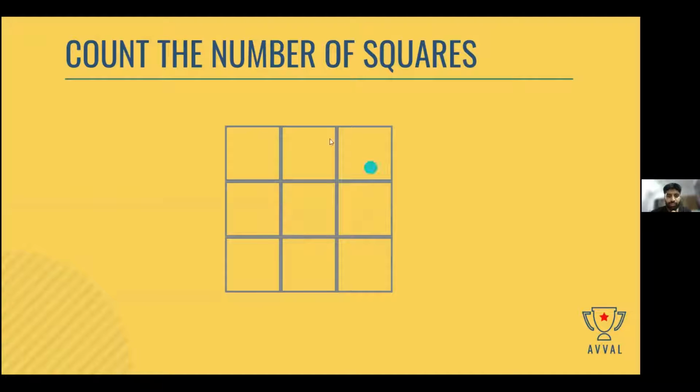This is a simple one, a 3 by 3 square, and the total number of squares here are 9 plus 4 plus 1, which is 14. Okay, what if I asked you a simpler one? What is the number of squares in a 2 by 2 matrix? In a 2 by 2 square? If you just considered this portion, what is the total number of squares? 4 plus 1, which is 5. Okay, so that's the right approach.